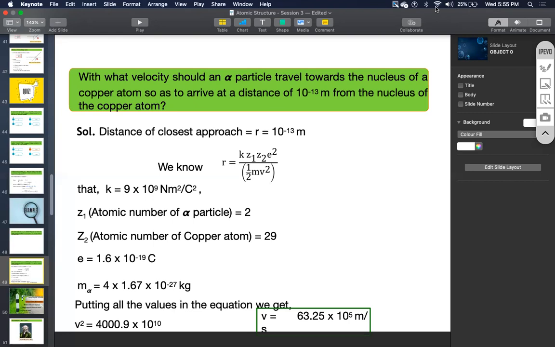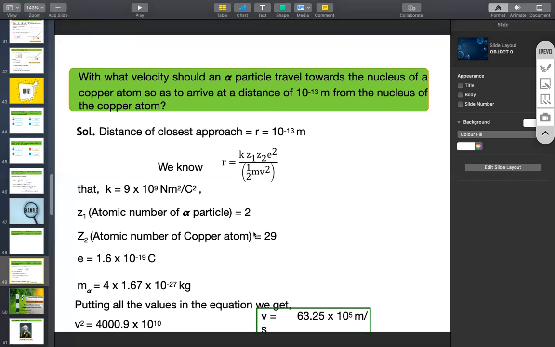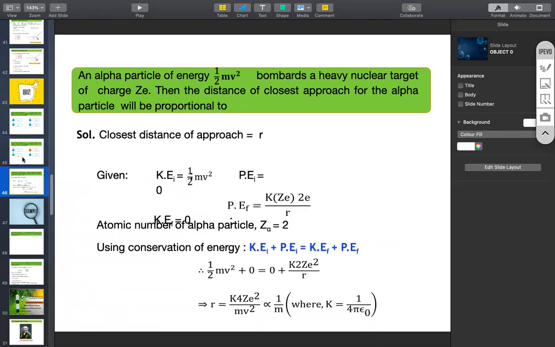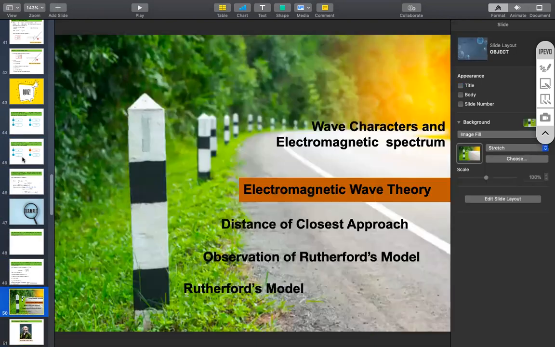Got it? Yes, no? Are you right? Yes or no? Okay, just check the expression. Don't solve it now. Just check whether you have written the right thing or not, and check your substitution. I believe you will not make a mistake in solving, but at least check your substitution. Got it? Next is